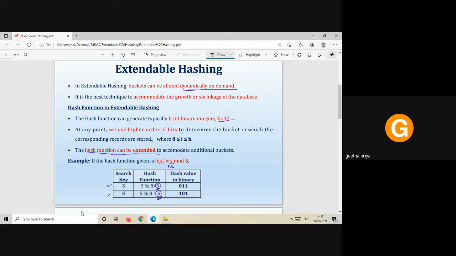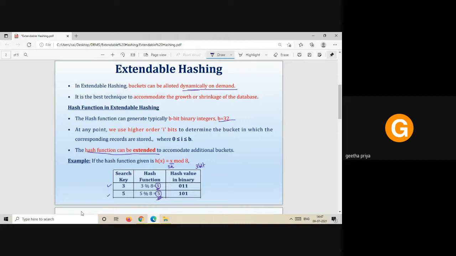To represent a 5 in binary, we have to see the minimum of how many bits is required. To represent a 5 in binary, we need a minimum of 3 bits. So 5's binary representation is 101. So for this given set of search keys, the equivalent hash values in binary should be written as a 3-bit representation.